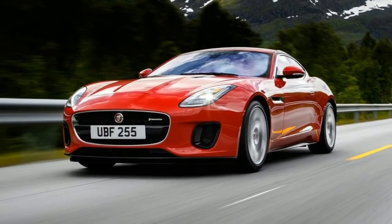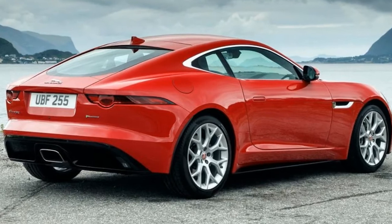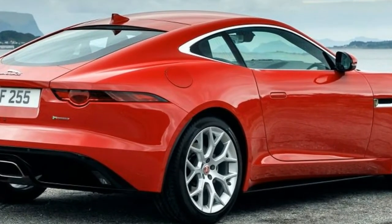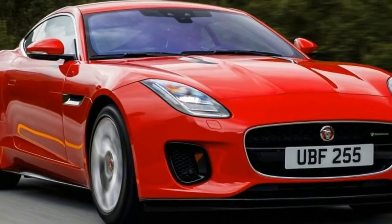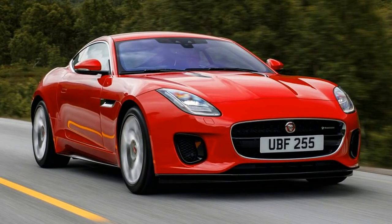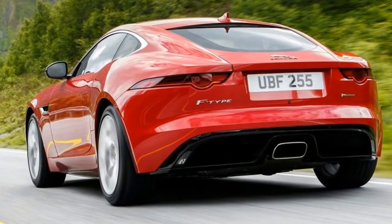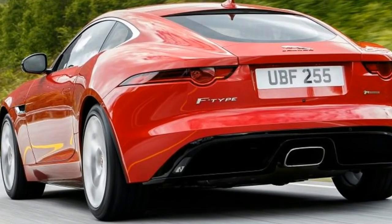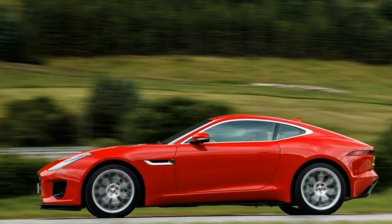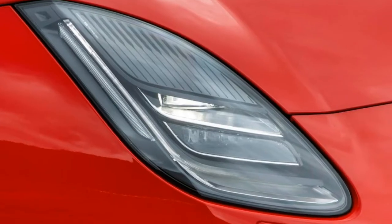Jaguar's engineers have boosted the 2.0-liter Ingenium engine found in the XE and XF saloons to 296 bhp. Torque is up, too, with that figure now standing at 400 Nm. That equates to a 0 to 62 miles per hour time of just 5.7 seconds, which isn't too shabby. In fact, it's just 0.6 of a second slower than a Porsche 718 Cayman. But cars like this are as much about character as they are pure performance, and this is